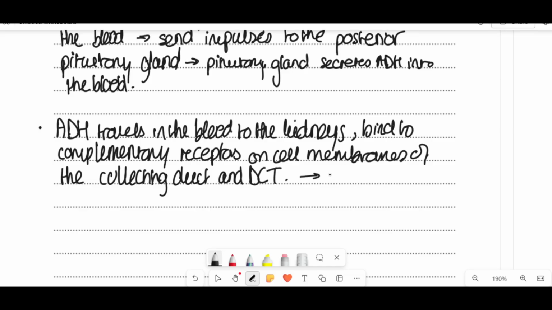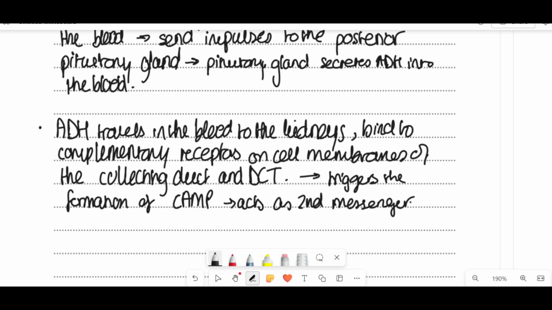What then happens is it causes a whole load of stuff inside, right? But the main thing is that it triggers the formation of cyclic AMP, right? And then that acts as a second messenger and triggers a cascade of reactions in a cell. So, triggers cascade events